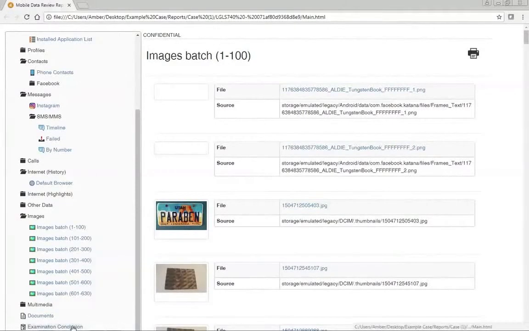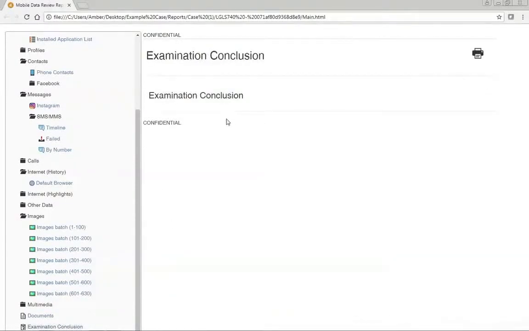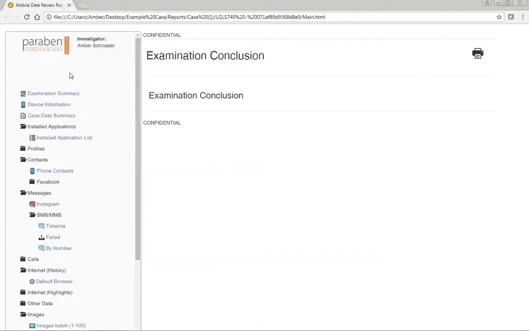You go all the way down to the end, which is your examination conclusion. So if you had written up a conclusion, you have that available in here. One of the advantages you have is you do have the ability to print, as you see up here. So as you provide this report to someone else, they can go through and print it out. It's a lot of paper when you start looking at printing, especially all of those images that I mentioned and showed you before. So this is just one of the many different reports that you have inside the E3 platform,